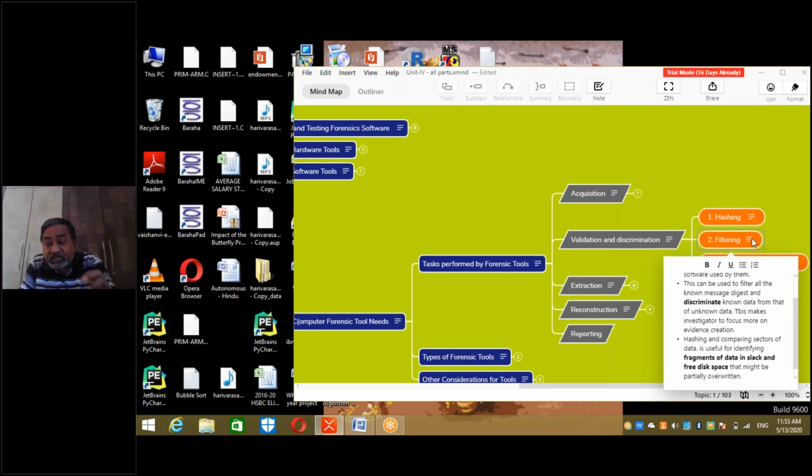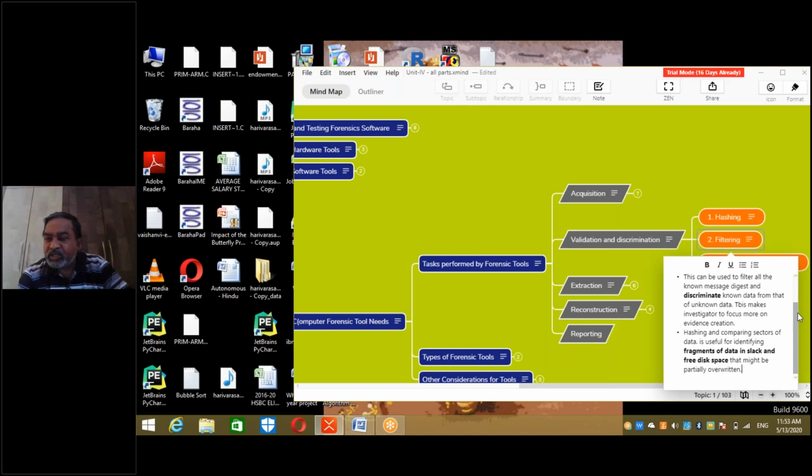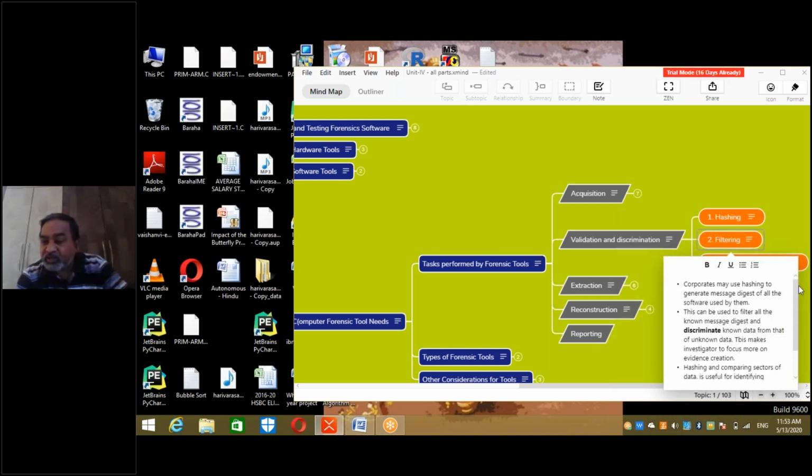I said I'll cover slack memory in 15 minutes. What is slack memory? There are two types of slack memory: one at the cluster level and one at the RAM level. That means one at the OS level, one at the hardware level. We'll discuss it in detail in the next unit. Okay, so this is what filtering is. Filtering is actually discriminating.